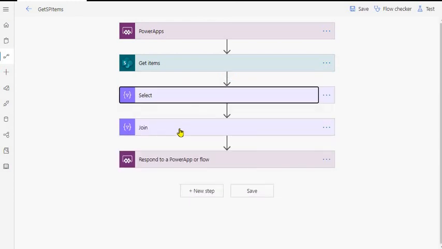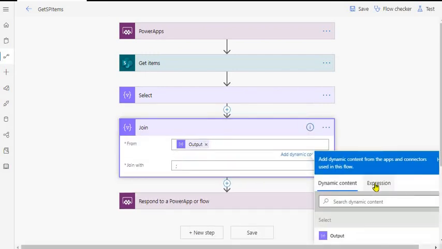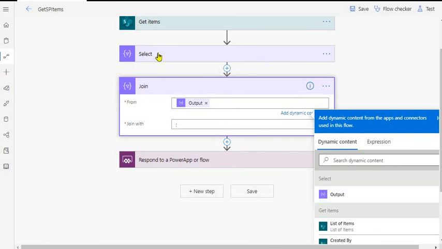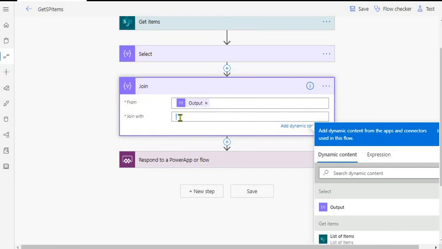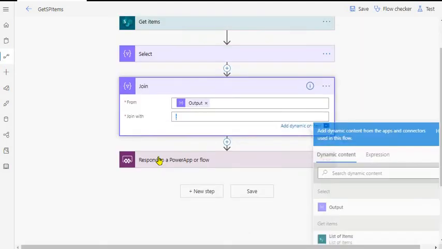The next action we are using is the Join action, and in this Join we are using the output of the Select action, and we are joining it with a semicolon. What it will do is iterate through all the records and concatenate them with the semicolon, generating a single string separated by semicolon.